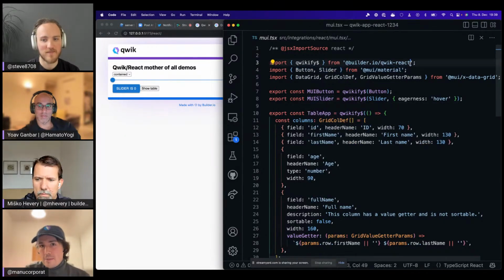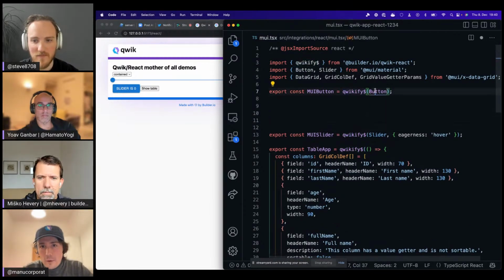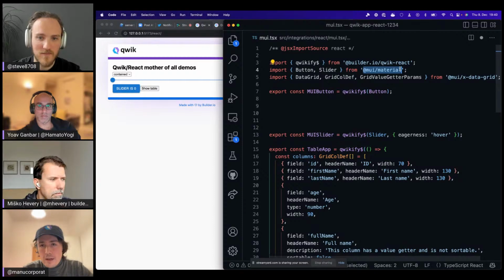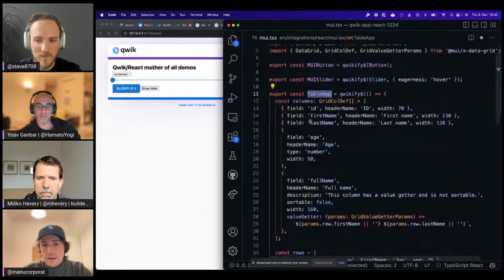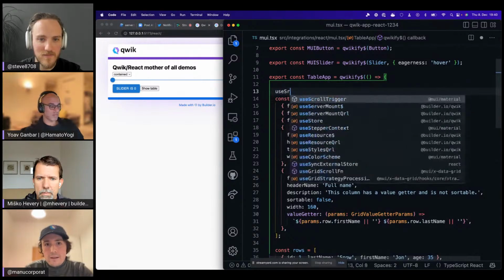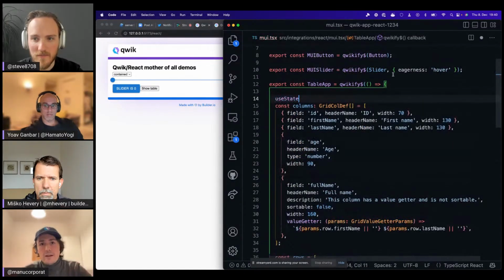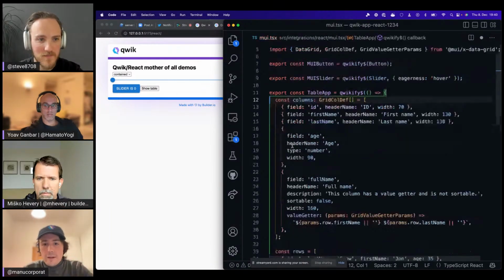Qwik React exposes this API. That's the only API that we expose. It's Qwikify, and just by context, maybe you can get what it does, right? If you see this line here, we take the original component from Material UI, and you get this Qwik component. We have another one for slides, and we have another big one, like an inline React component. So this is really a React component. You can use state from React, and it will work. It's really a React component with all the React runtime, everything, right?